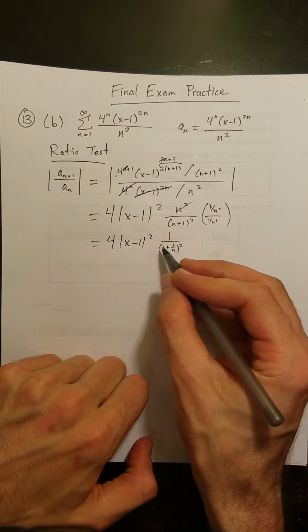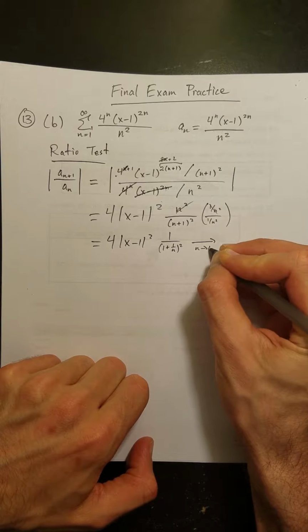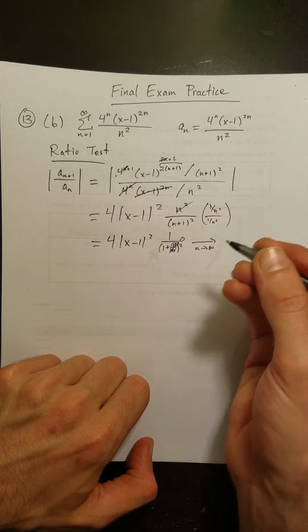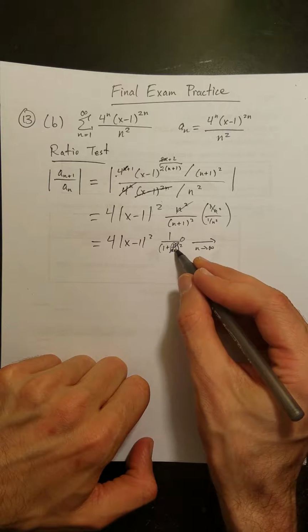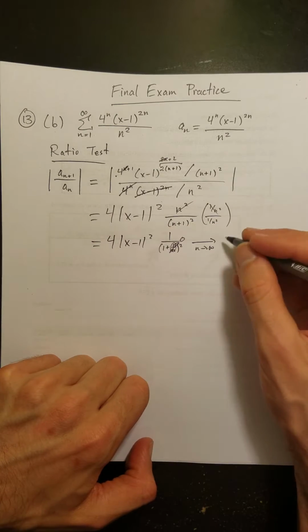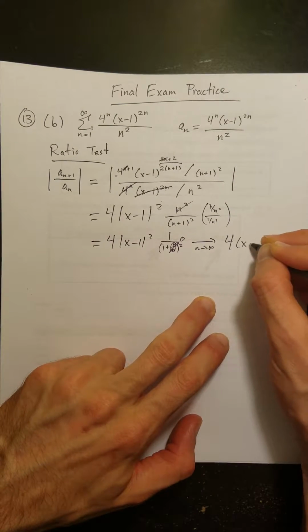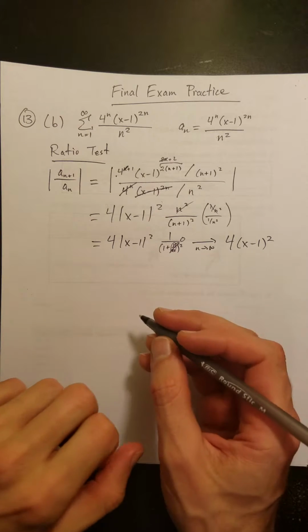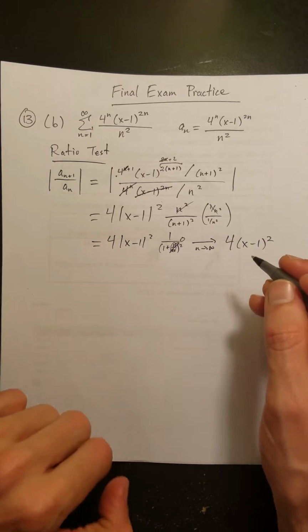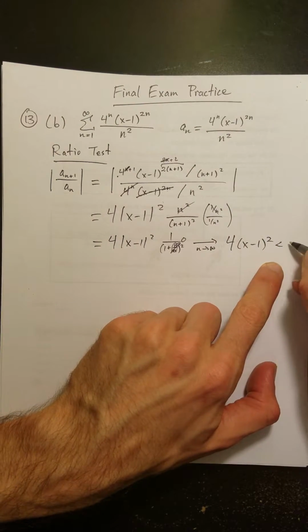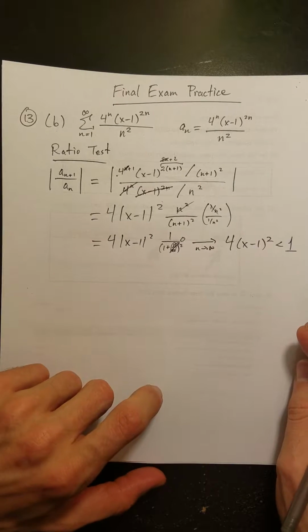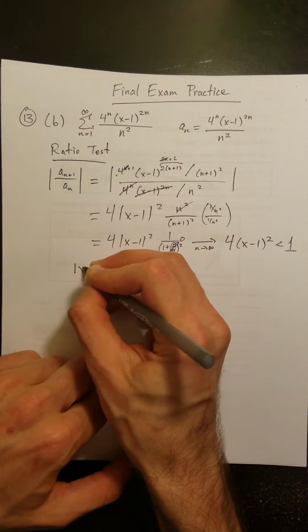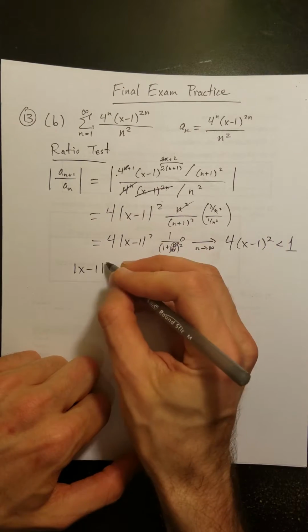And so we have n going to infinity. We want to evaluate this limit. So 1 plus 1 over n, so 1 over n goes to 0, of course. So the denominator goes to 1 squared. 1 squared is, of course, still 1. So this just goes to 4 times x minus 1 squared. And for this to be absolutely convergent, this needs to be less than 1 by our ratio test. Okay, so this tells us that the absolute value of x minus 1 squared,